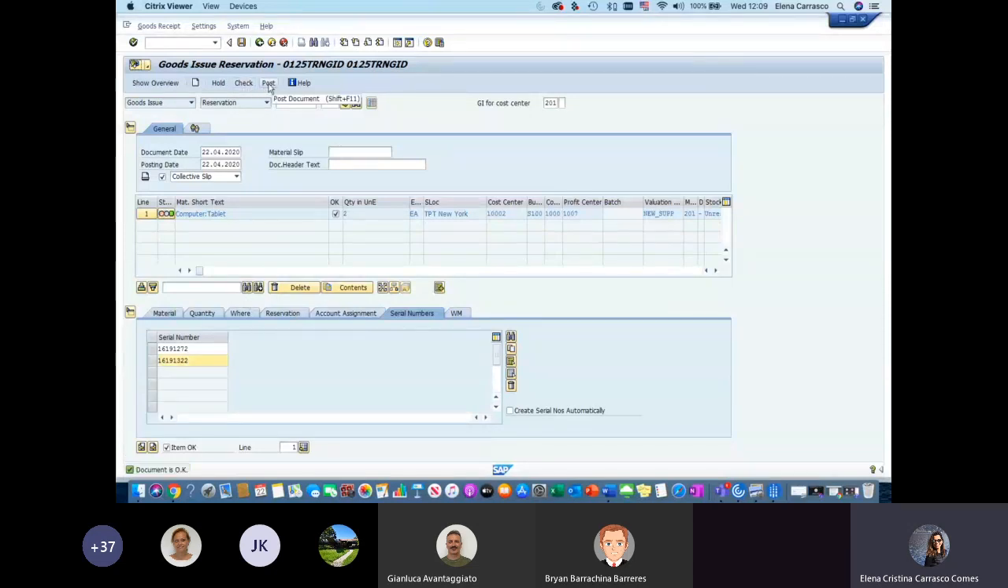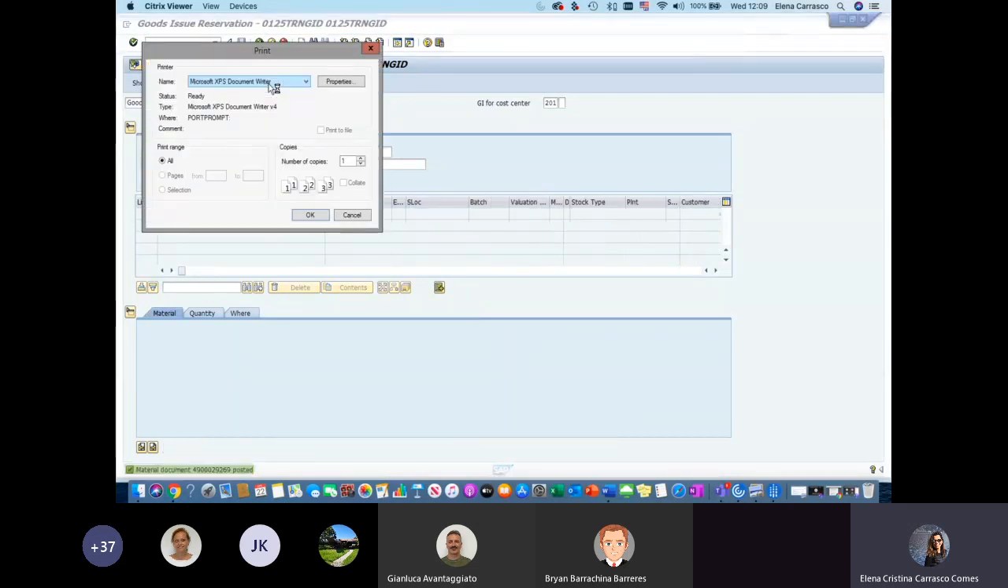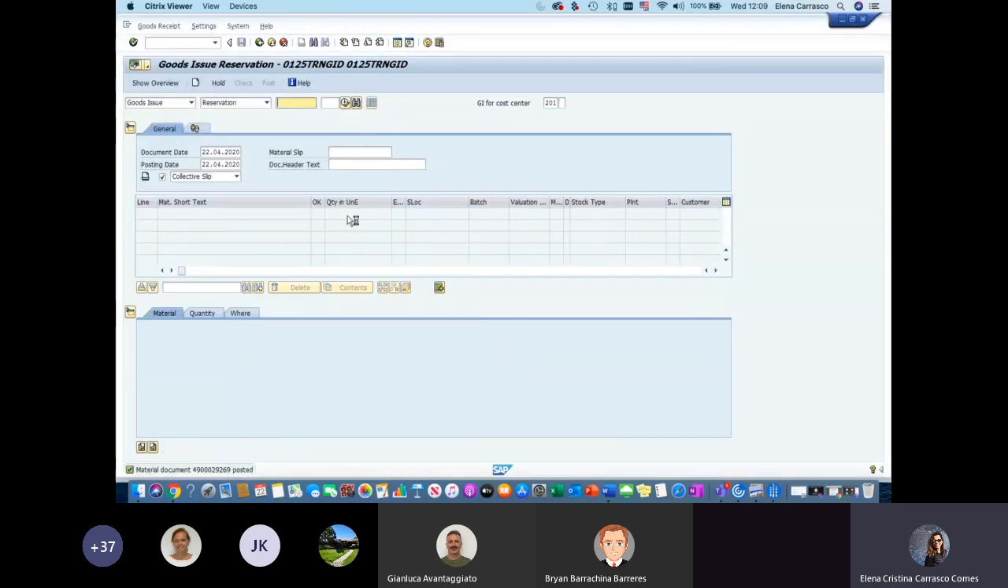Check and post. So this is the material document for the goods issue. I'm not going to print it, but I'm going to take note of the material document. And for you, as we are going to break,